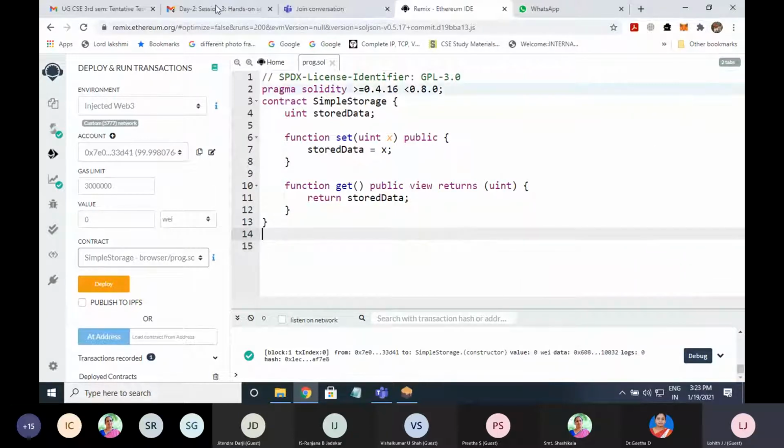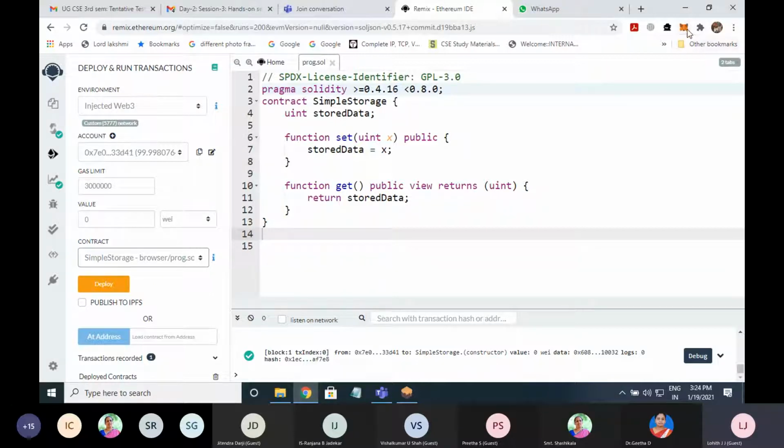Now, as I have changed this environment to Injected Web3, automatically one account from MetaMask is linked to this remix.ethereum.org. Now, all the transactions that are deployed in the blockchain need to be signed by the private key of your address, right?